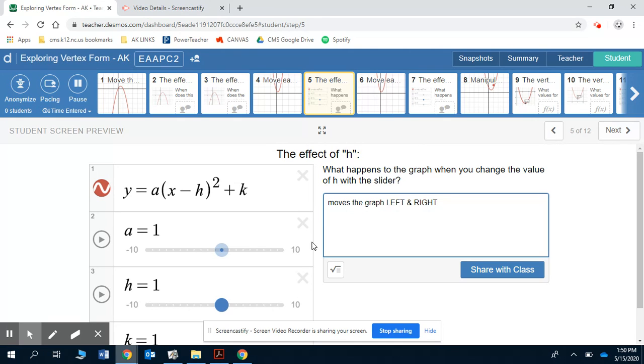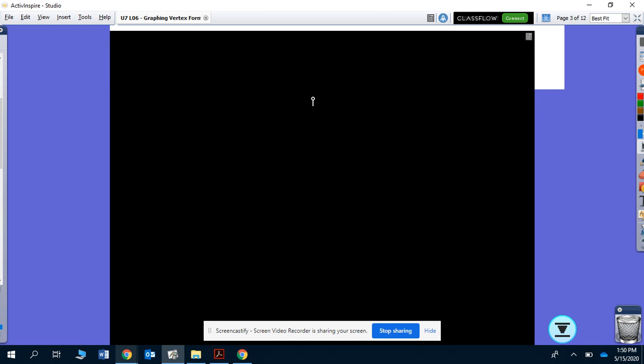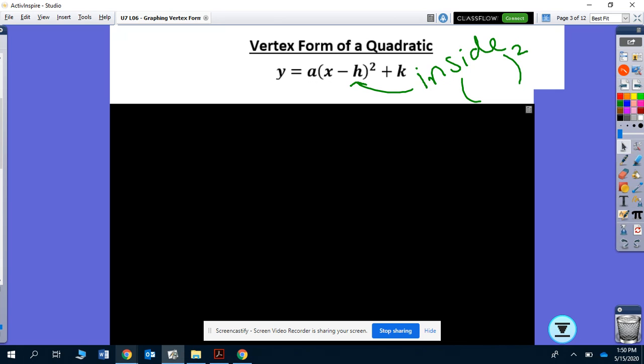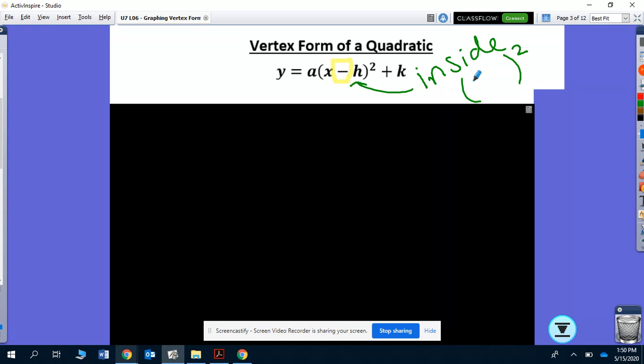Okay, so it's really interesting to look at how that works. The thing about it though is it's a bit of a trick, because, well, I went too far. If we come back to our notes here, look at your h value. What's right in front of h is a negative sign, or a minus sign. And if you remember from earlier in this unit, the minus sign actually just means the opposite of. When we have negative b over 2a, that really just meant the opposite of b over 2a. So this minus sign inside the actual vertex form